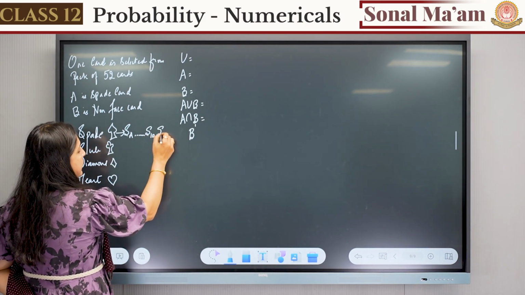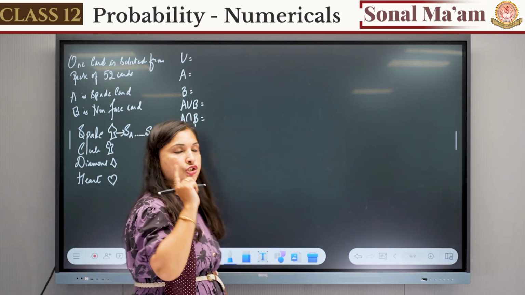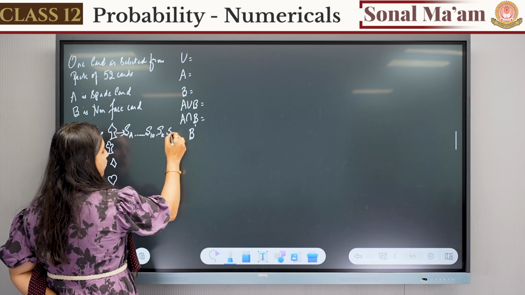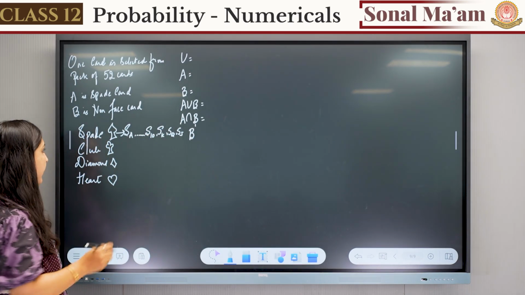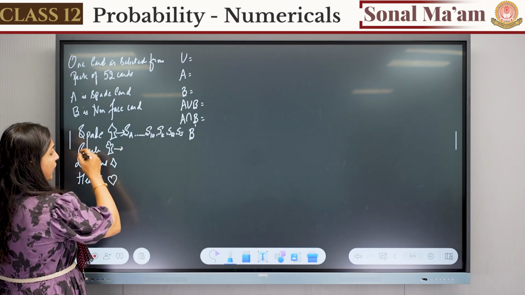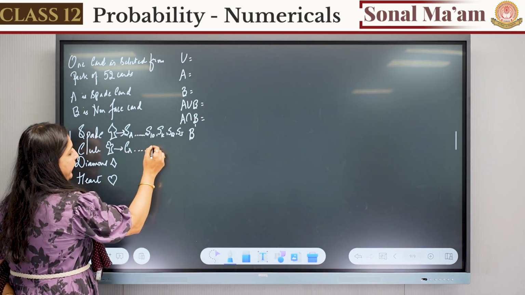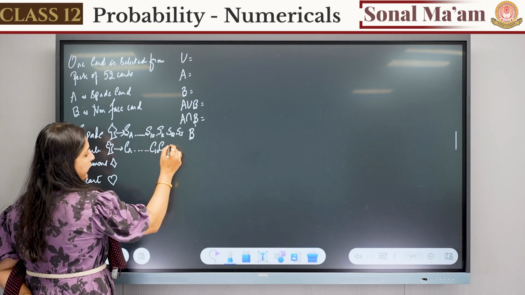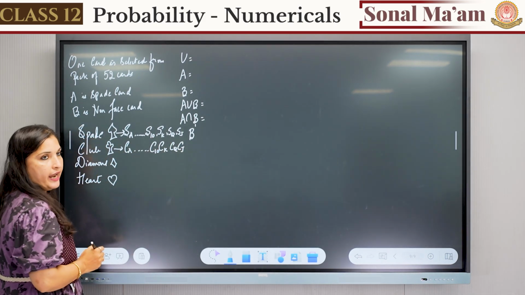Okay, the spade cards will start from SA until S10, and then we have face cards also. Which are the face cards? We have king, we have queen, and we have jack. Okay, we have SK, that is king, we have queen, and we have SJ, that is jack. Then in club also it will start from A and end till 10, and then we'll have king, queen, and jack.